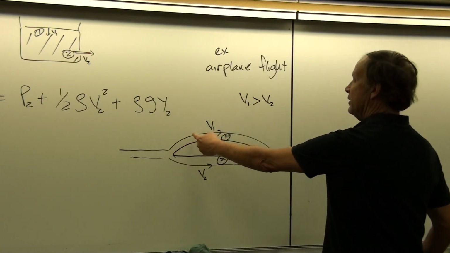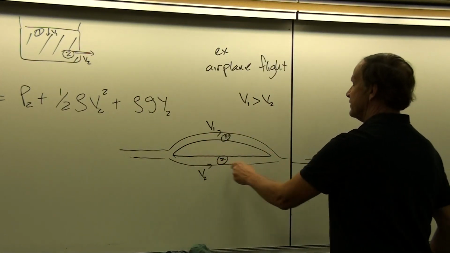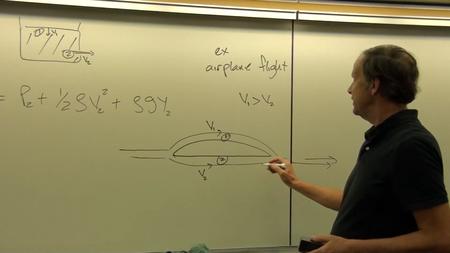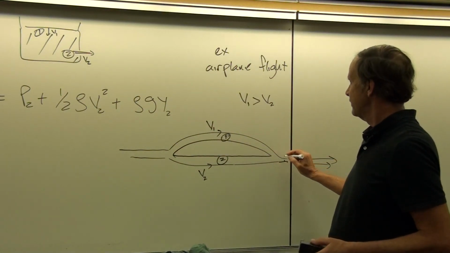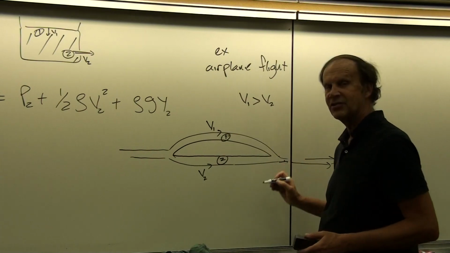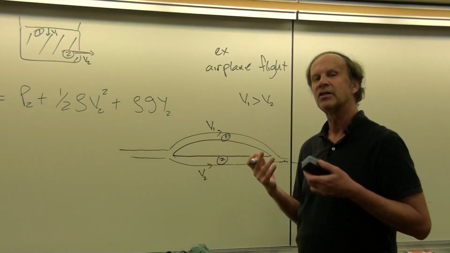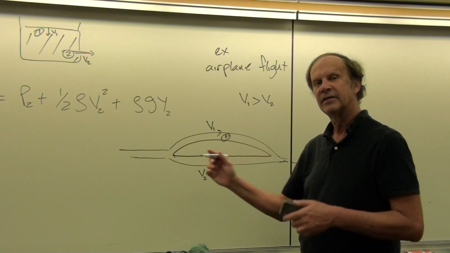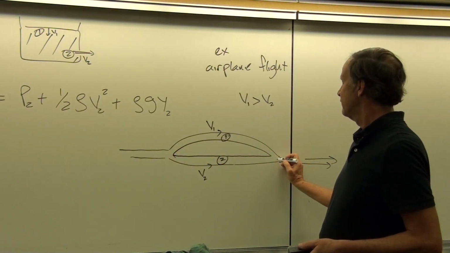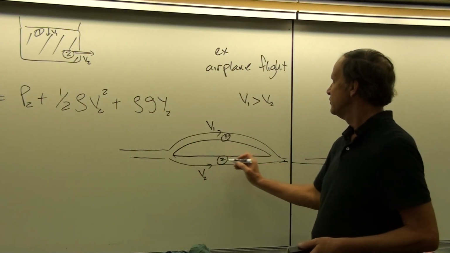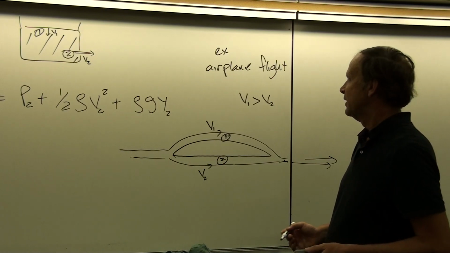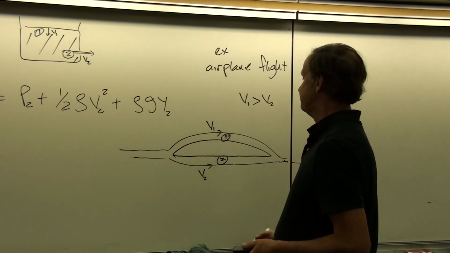Because the molecules have to travel a larger distance but in the same amount of time. Why the same amount of time? Well, because if these molecules get to this point before these molecules get to this point, that would create a negative pressure region here. But a negative pressure region will automatically tend to draw in air. And so that will ensure that the elements of the atmosphere get to this point traveling this path and traveling that path at the same time. So V1 is greater than V2.